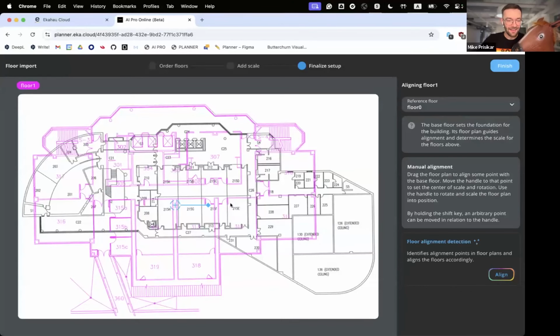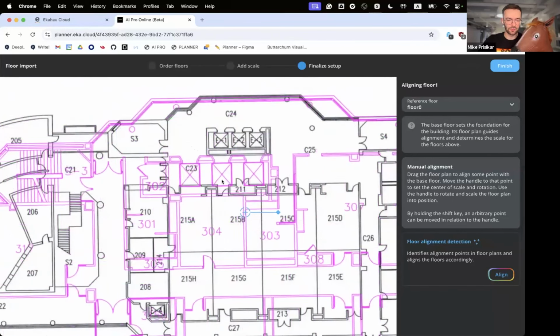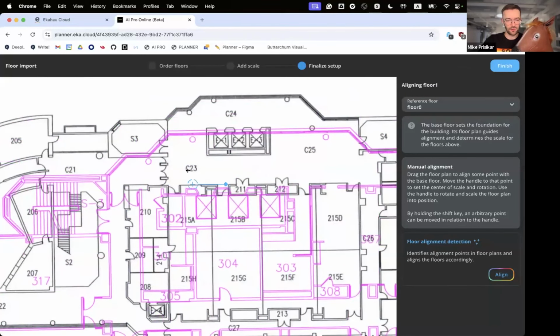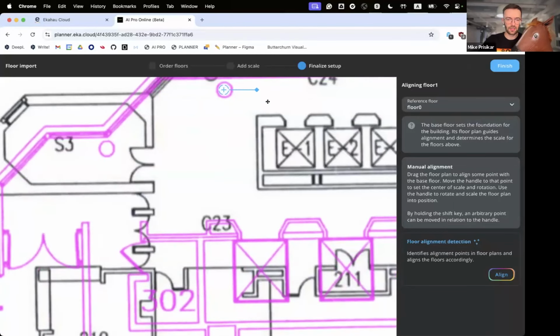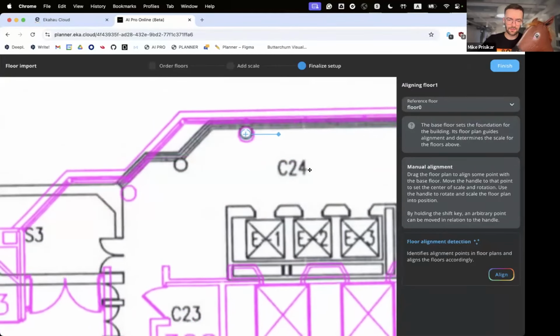And this is the new look at how you can align your floors. You can just press the fancy align button here, but let me demonstrate how you can do it manually, just in case. What you need to do is grab this fancy tool and look for the same places around the two floor plans. I already know the place. I really like this dot here. I just need to move it onto the same dot.